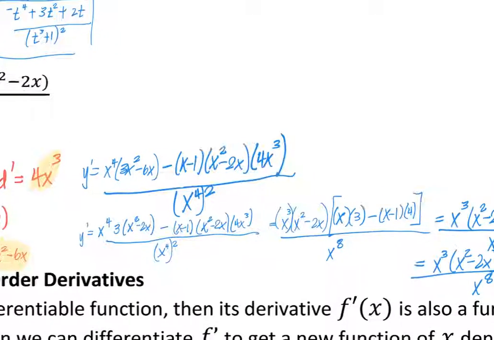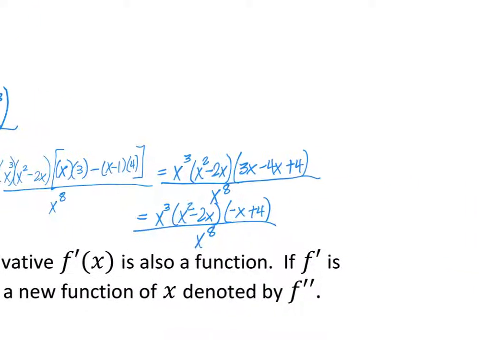And if you'll notice, that x is still there. So I can still take this x out. And golly, if I have to write this thing down one more time. If I take that x out, it's going to go with the x cubed and be x to the 4th. And I'll have x minus 2